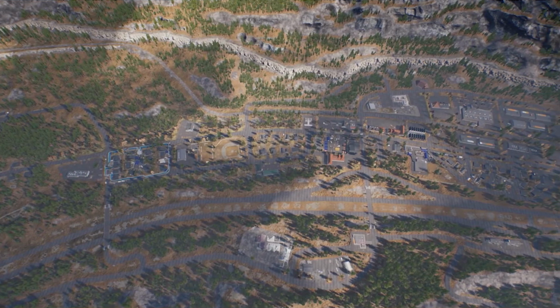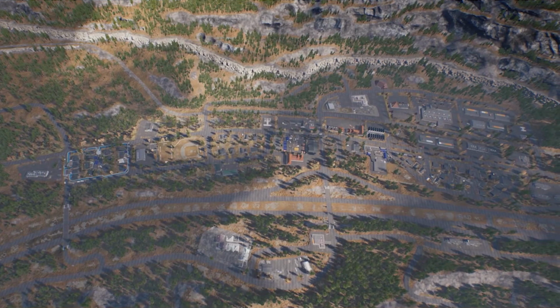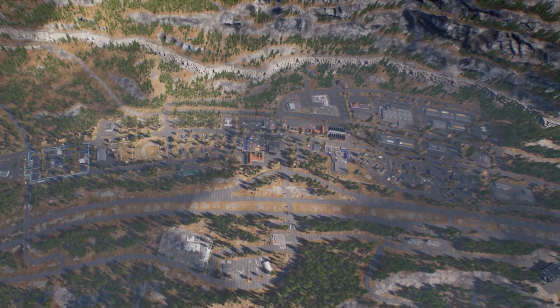It will start with a map area of 5 kilometers by 5 kilometers, and then eventually expand to a 16 kilometer by 16 kilometer area. Note the continuous cliff face that runs along here. This is likely to be an initial play area boundary, which will probably be moved over time, allowing us to